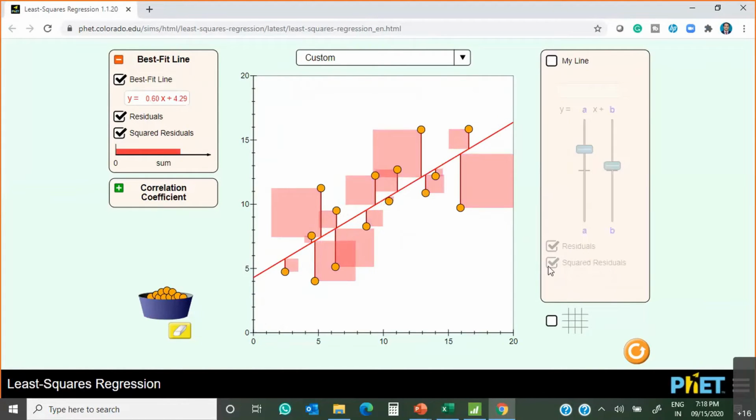Let's remove the line which is drawn by myself. So this is the line, and if you want to identify the relationship between them, if you want to calculate R, you can identify here. So that's indicated 0.74, right? So what is meant by the sum of these errors? Errors is nothing but the difference between the observed value and the predicted value. Now this predicted value is the value which is represented by the regression line, which will be calculated by using all these formulas. Okay.